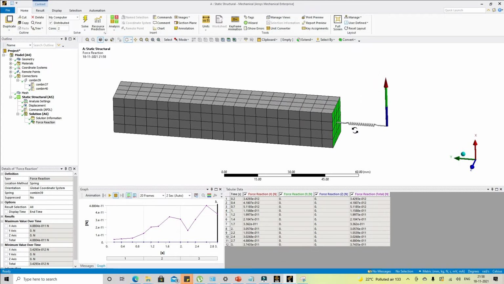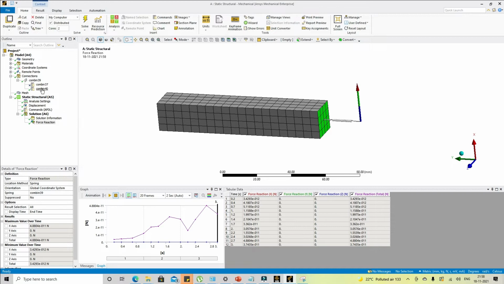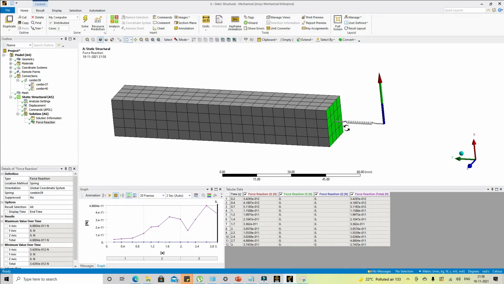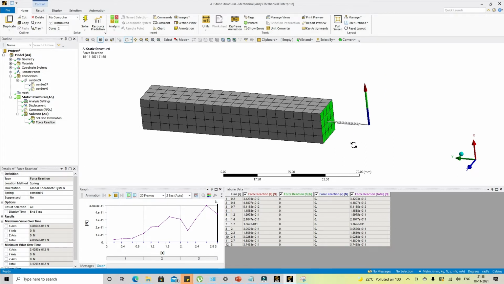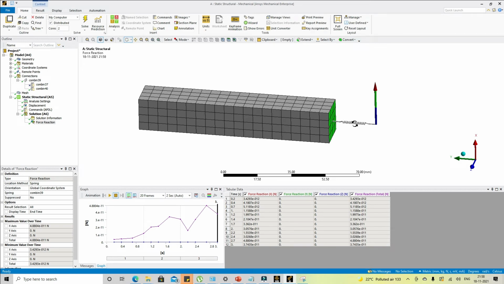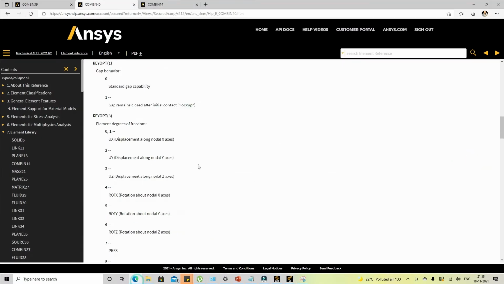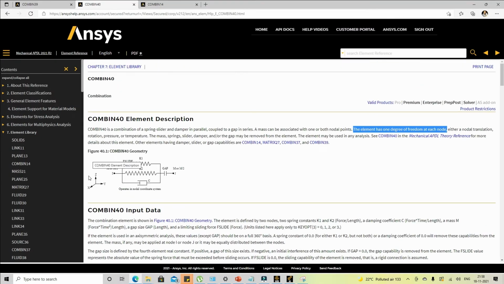What happened is that due to the KEYOPT 3 option, it will resist only the motion in the x direction, not in the y direction. But we want this spring to resist the motion in the y direction. This happened because of the way the element gets created internally, because it operates in the nodal coordinate system.